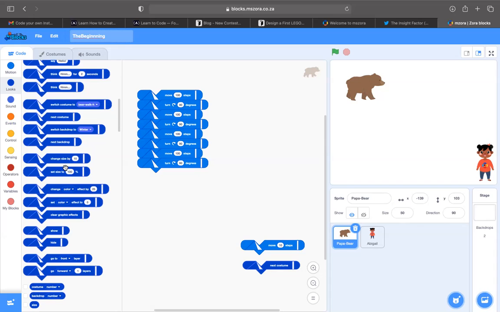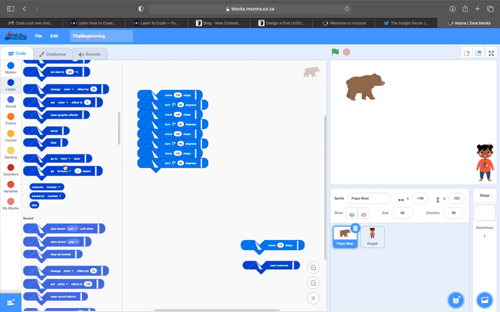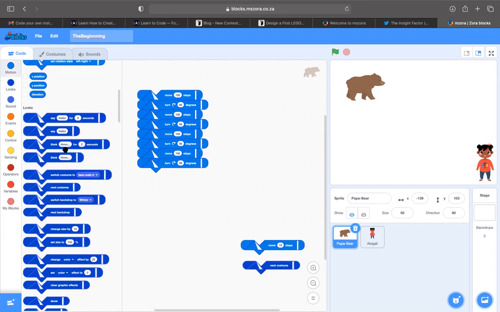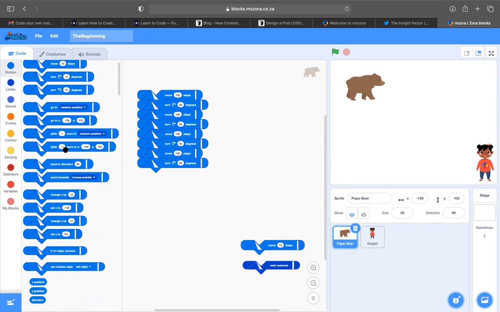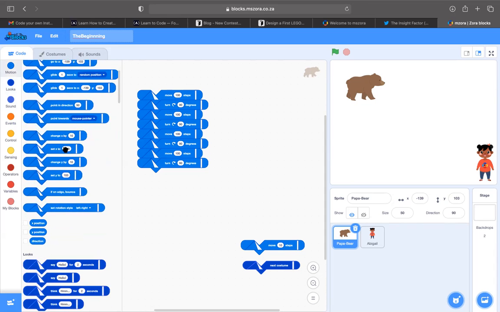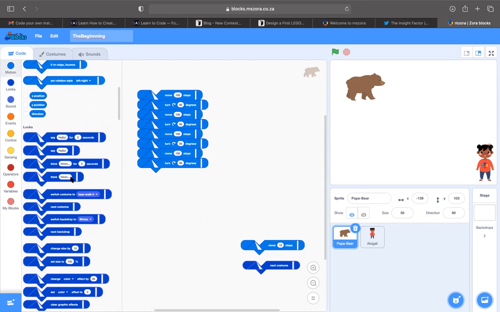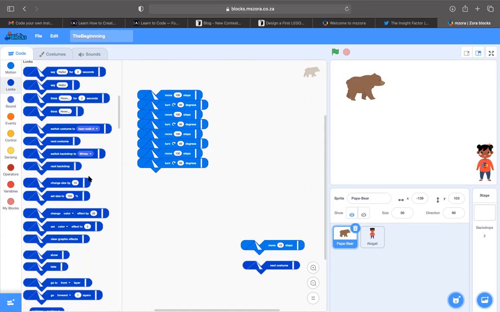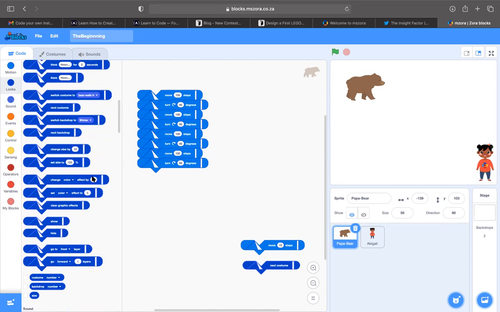Let me just check for pen down. If you can find a code called pen down on yours, you can just add pen down on here, and it is going to draw a line for us.